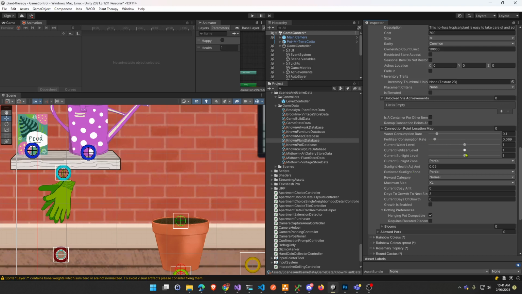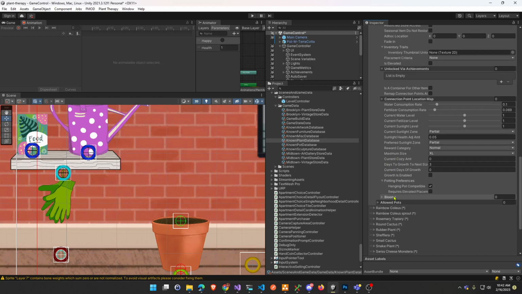Current water level, these all get set to 1 when you buy the plant, so we're cool there. There are no blooms, so we leave that as 0. There's no special pots for this, so we leave that as 0. This can go into a hanging pot, so it's hanging pot compatible. We leave that there. It doesn't need to be required, like on a plant stand or a shelf or a bench or anything like that, so we leave this unchecked. And the last,